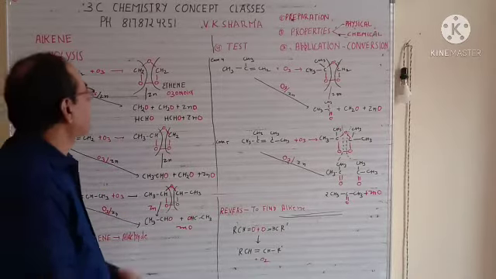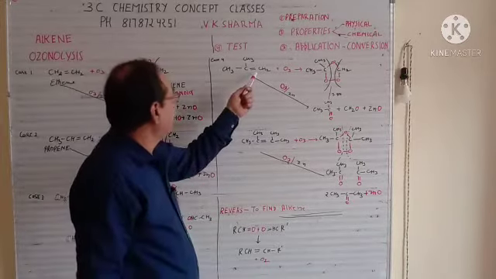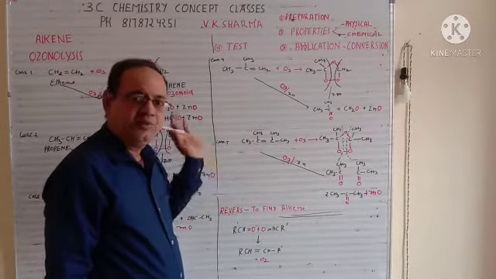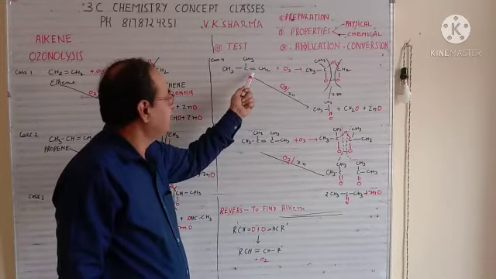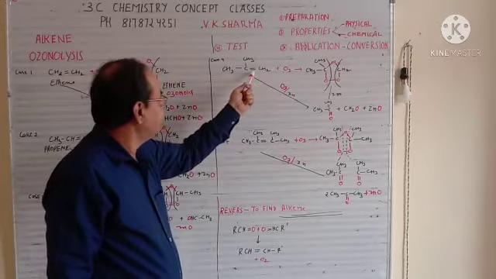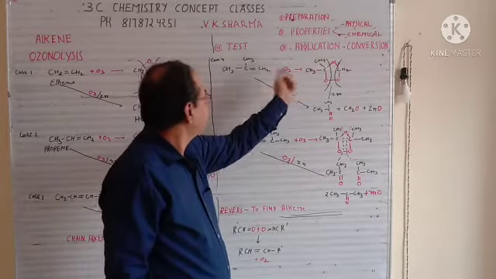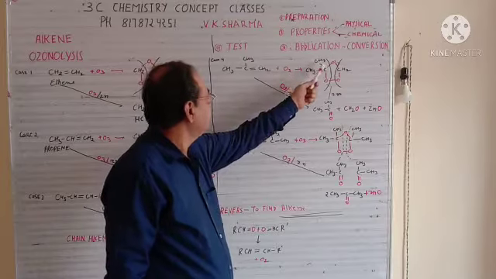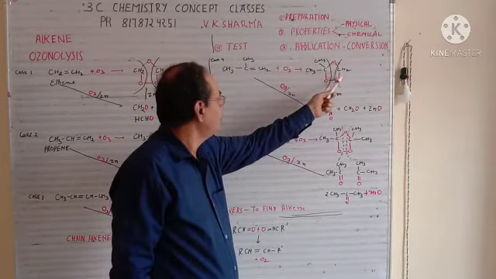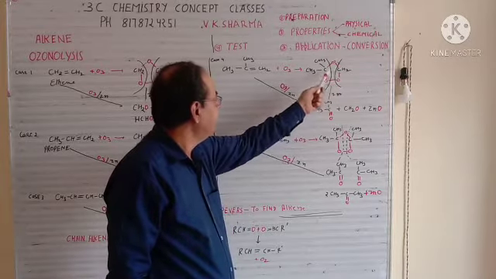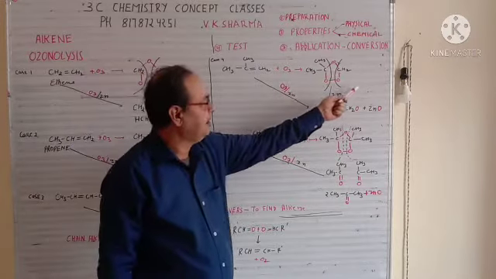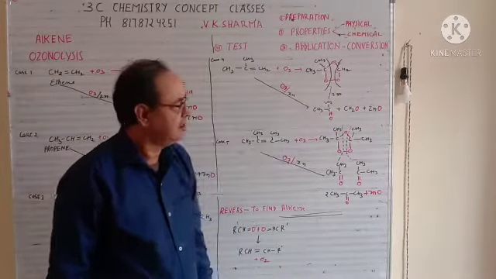Now the next case is, suppose the double bond has a branch. It has nothing to do with the branch; the branch will remain as a branch. Only the double bond part will be broken down, as we have done previously. So the ozone is adjusted here. Let's write CH3 in a tilted way: CH3, this C double bond, C single bond O, CH2 single bond O. Oxygen has 2 valency, so it is adjusted. This is 2-methyl-1-propene, so this is called 2-methylpropene ozonide. So this is your concept.